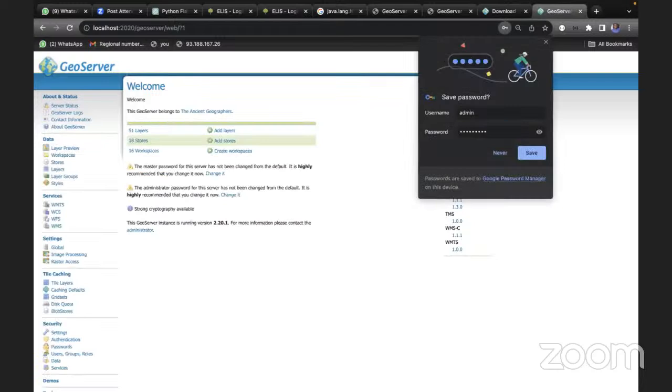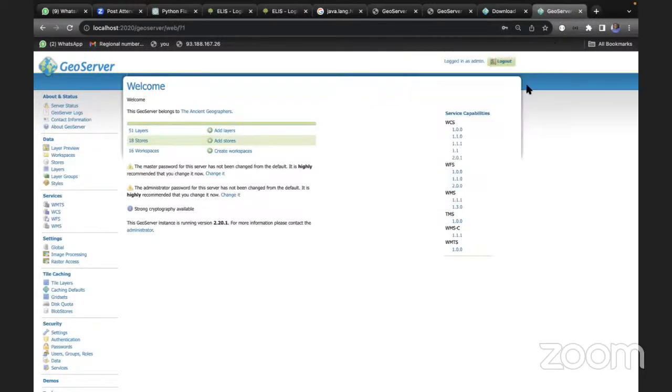So this is how GeoServer looks. And then what you need to do is save the data from the database onto this application and then render it. So most of the time what we do is that you just go to the